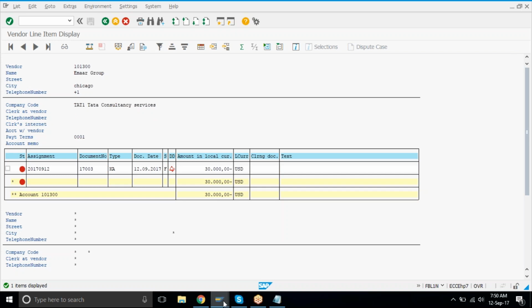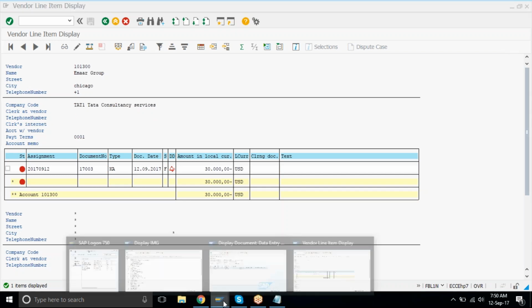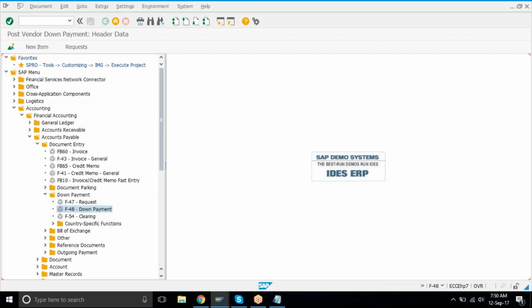Let's go to the second option, that is F-48, down payment. Now we are going to select the request that has been raised amount. In terms of MR group, bank number, total amount of 30,000, a value date,